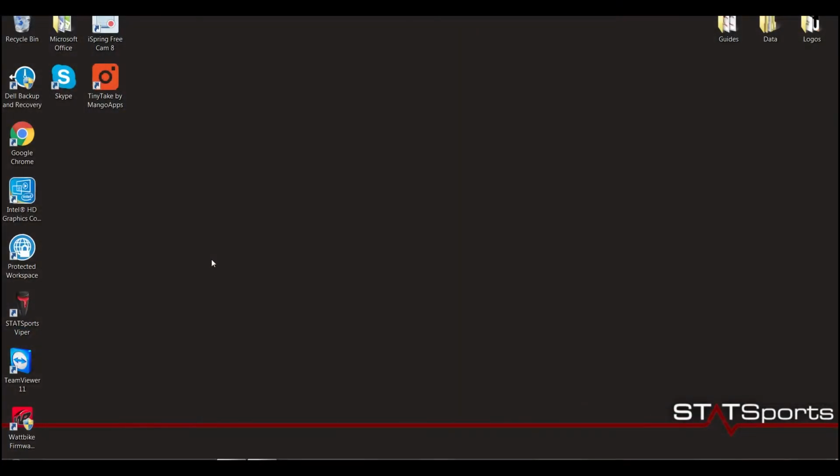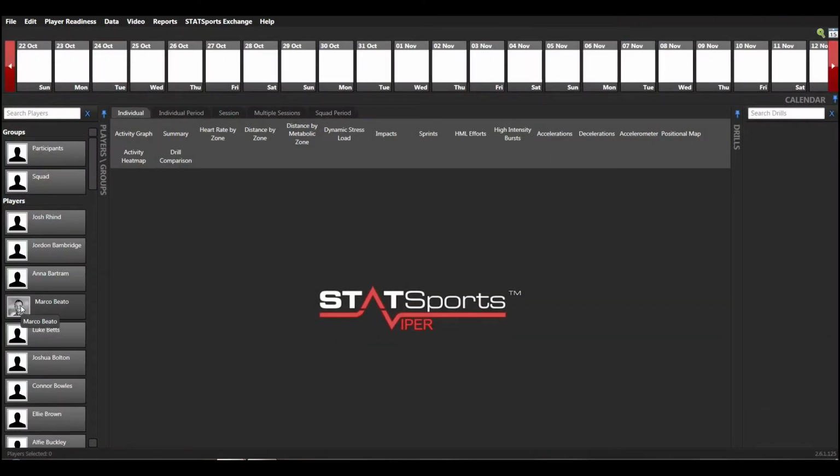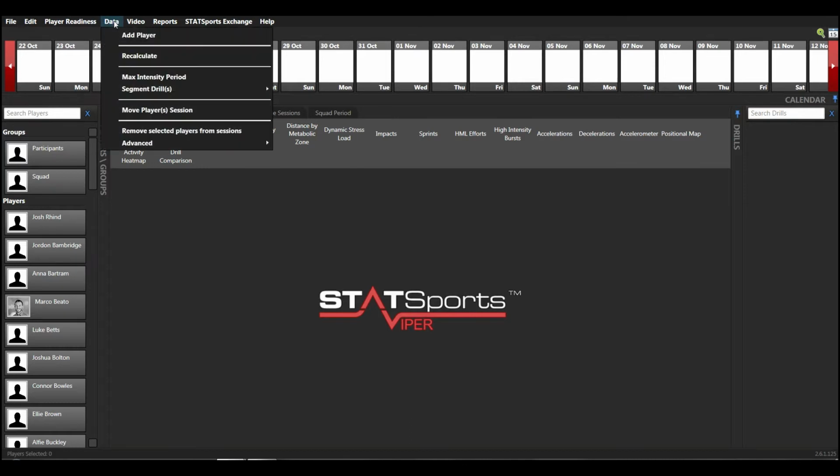If we double click on the STATSports icon on our desktop, it'll bring us into the software. And then now we need to make sure that all our players have been added onto the software. It's very important before we start to download the data. So if we click data on the top and add player,